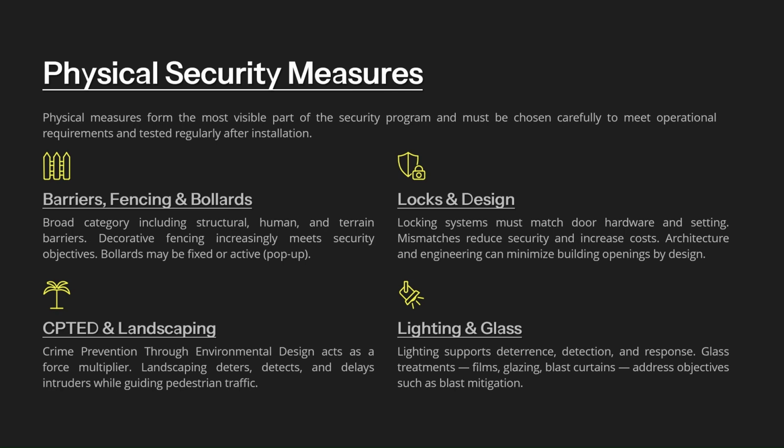CPTED and landscaping use environmental design like lighting, visibility, and layout to naturally discourage criminal activity. Lighting and glass play both functional and psychological roles, enhancing visibility while also acting as deterrents. The key takeaway is that physical measures must be carefully selected and integrated, ensuring they support both security and operational